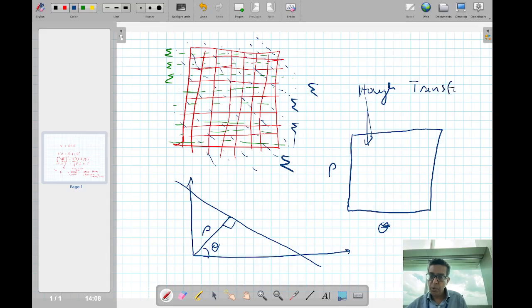You can also call it a radon transform space, but in image processing and computer vision, it's known as the Hough transform space. So that's this space here, which has rho on one axis and theta on the other axis. Okay, so now given that we've done that, and I've done that in this little Jupyter demo,